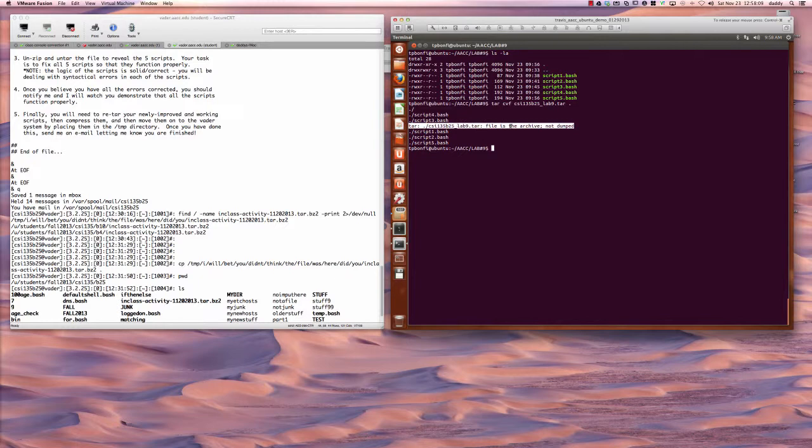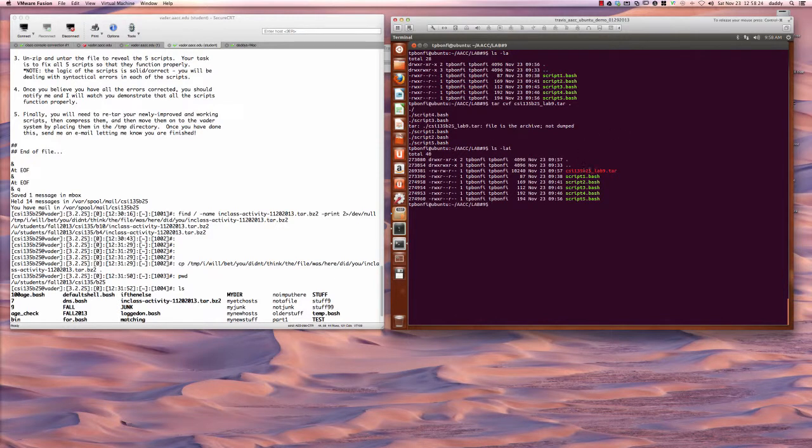So if you think about it, it says file is the archive, not dumped. And what that means is that inside the tar file I just created, it's not going to place a copy of the same tar file. So if I were to type in, let's list out what's in here now, and we should see our tar file. Here it is, right? If I were to do a tar tvf on CSI135-400 underscore lab9.tar, you can see the contents are simply the scripts,